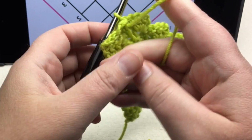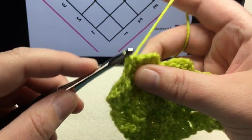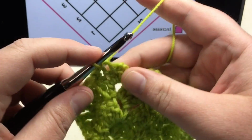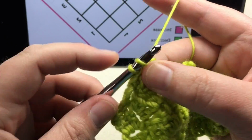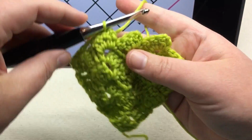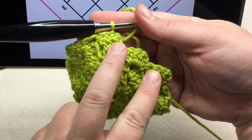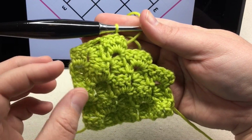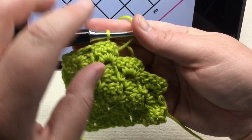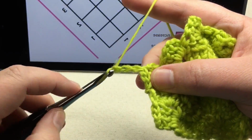And so we're going to turn our work and slip across. Go into that first stitch, slip it, go into the next stitch, and slip it. And the last stitch, slip that, and you've established that straight edge, and you're going to continue. So if you look at this carefully, we only have a few more left. If you're doing the 5x5 swatch, or you're towards the end of your design, so if you've got a larger one, pause your video until you've just got a few corners left, and we'll just do these last 3 together here. So we're going to chain up 3, 1, 2, 3,